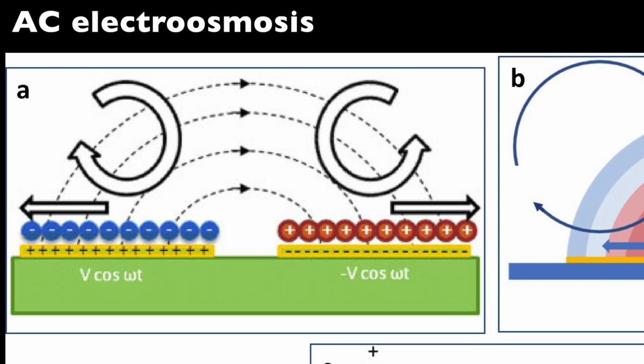Direct current electroosmosis has the disadvantages of high electrochemical reactions and electrolysis at the electrode surfaces, as well as the formation of bubbles and the macroscale pH gradient due to the high voltage usage. To minimize these issues, AC electroosmosis has been proposed, which has the advantages of operating at low voltages and generating